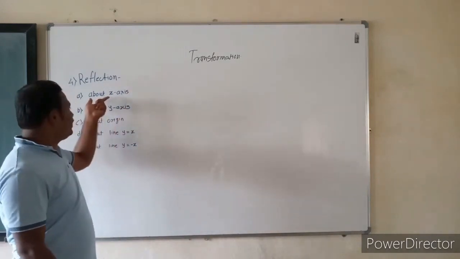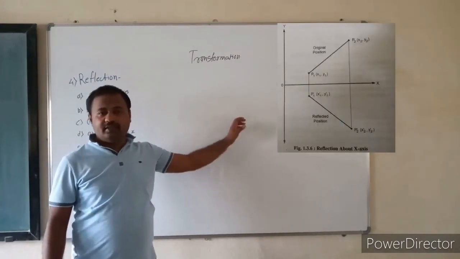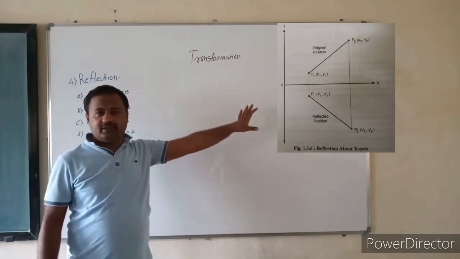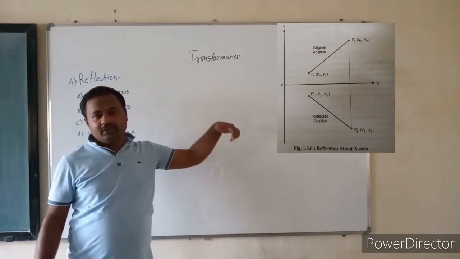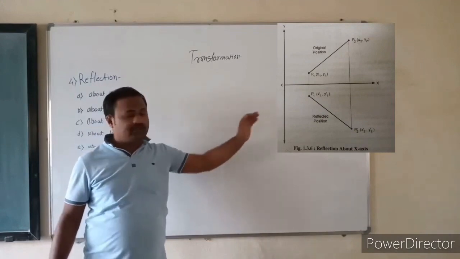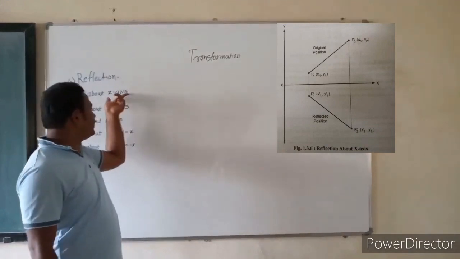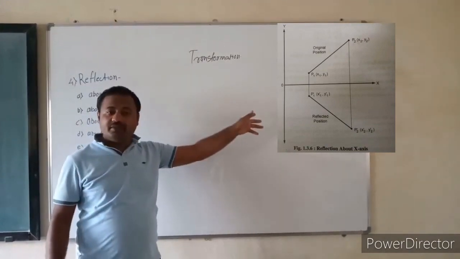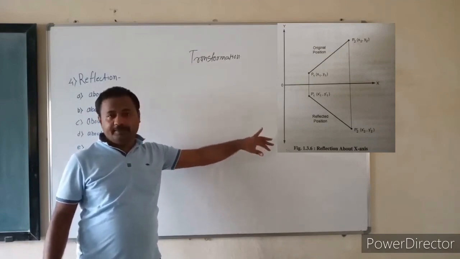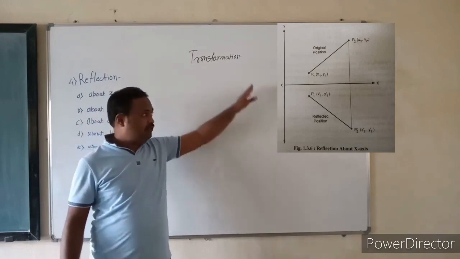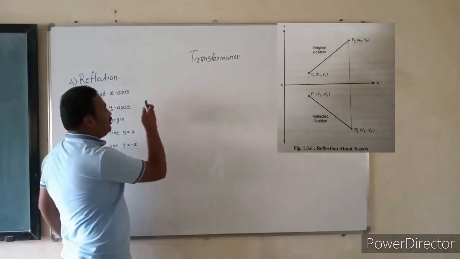First one is reflection about the x-axis. In the diagram, we see the reflection about the x-axis. The line P1, P2 is reflected about the x-axis, meaning the horizontal axis, to P1 dash, P2 dash. We already know that if it is reflected about the x-axis, then the y coordinate becomes negative. Then the new coordinates